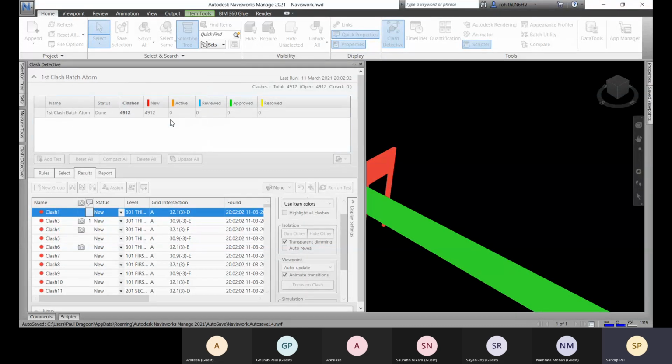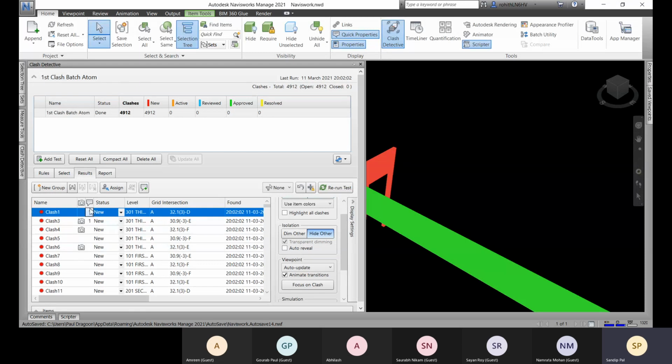So let's click on OK. So that is added right now. One comment is added right now, and let me just change it to active over there. So here you can see that it is added to active, and this is new. These are new classes, and this many are active classes, and this many are your open classes. I have already told you that new, active, and review come under open classes.